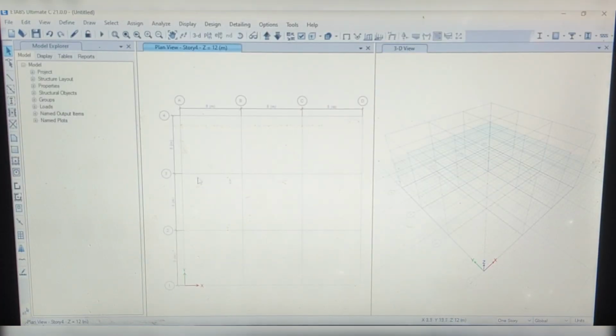So this is the default user interface of the ETABS version, and let's see the ETABS user interface. At the top is the title bar. The file name is presented at the top of ETABS, and below the title bar is defined the